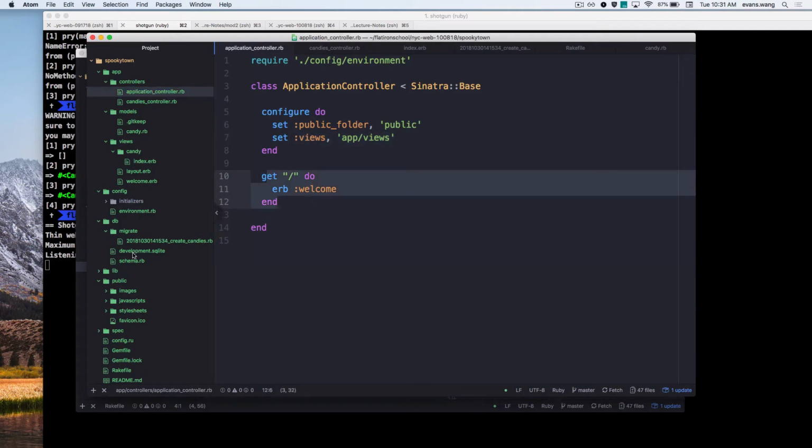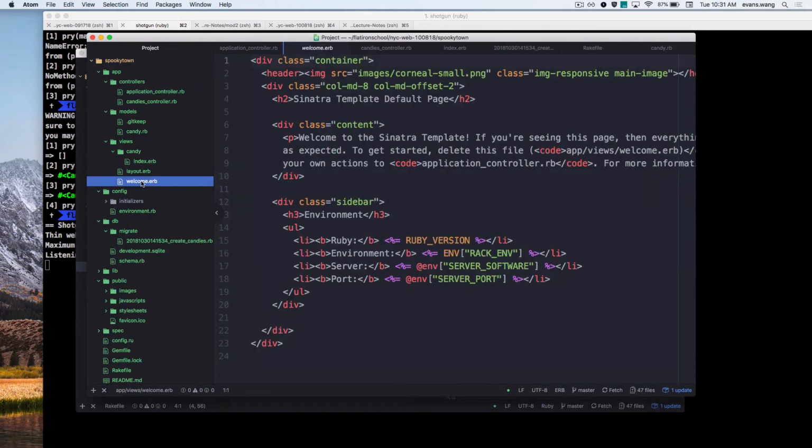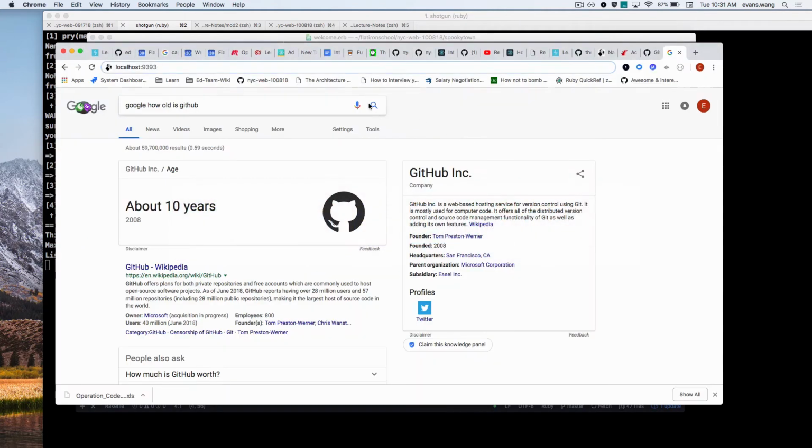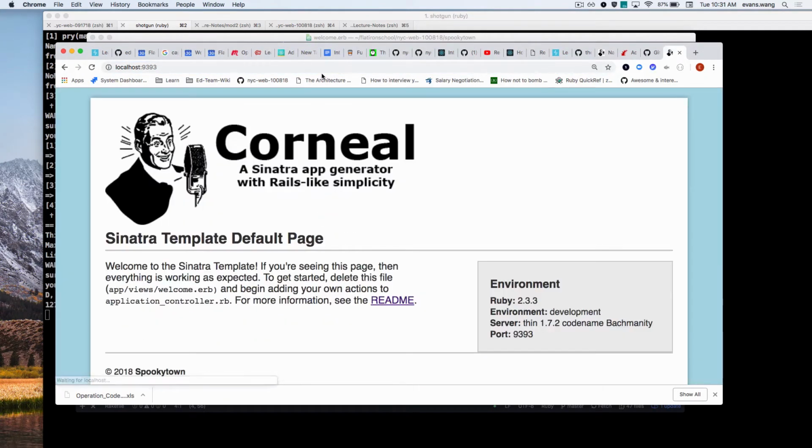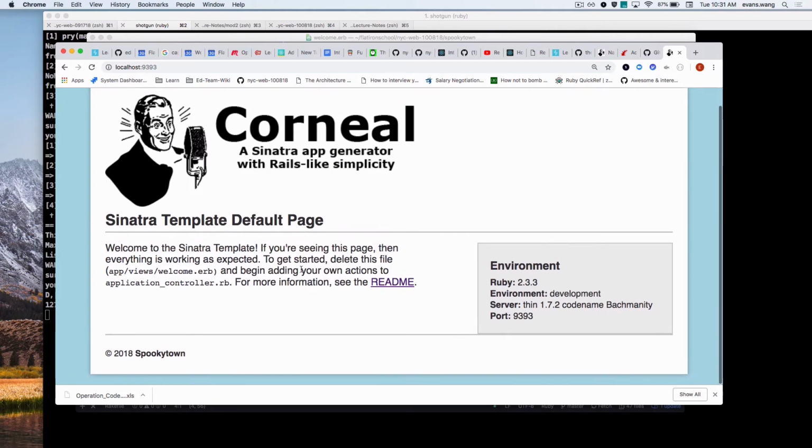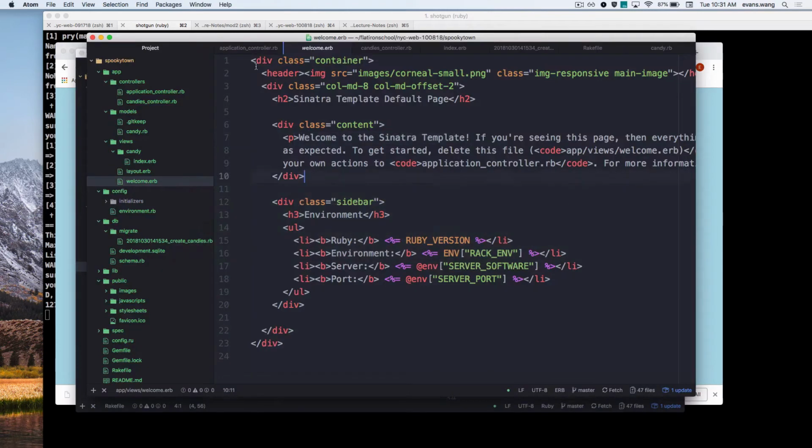So what does welcome look like? Cool. A little bit pre-built in code, yeah? But welcome to the Sinatra template. Great, got it. I should see something like this. Cool? So, here we go. Welcome to the Sinatra template. Nailed it. Cool. Notice here that it's just this div, we talked a little bit about it, with a class